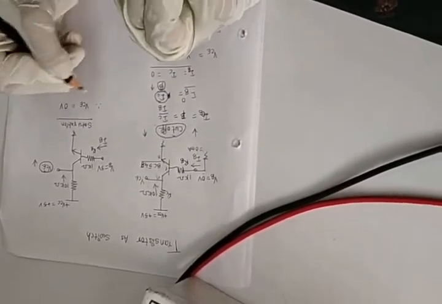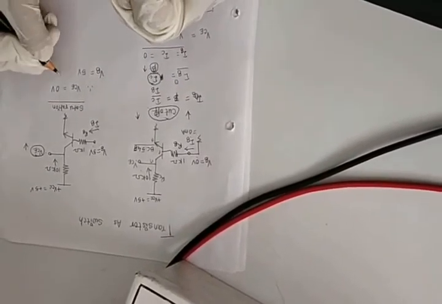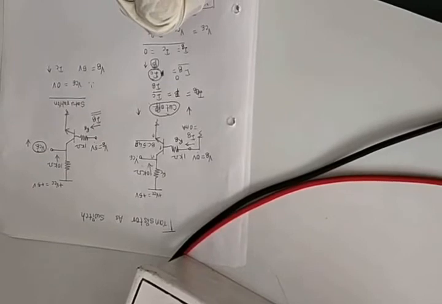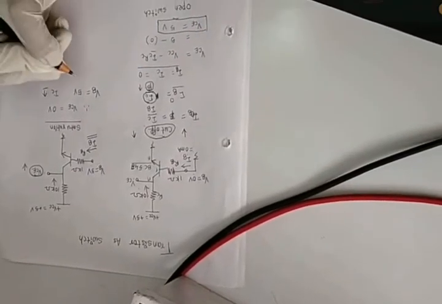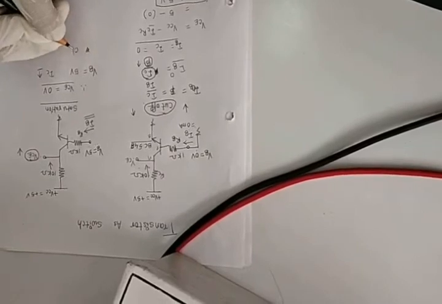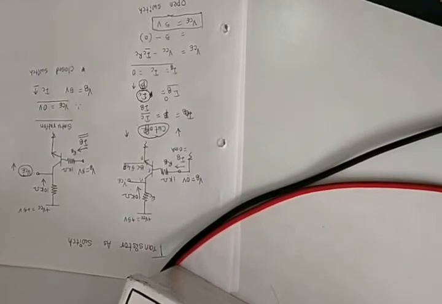Okay, and now as I said, if VBE is equal to plus 5 volts, my IC is going to have a very high value. Why? Because IB is carrying the maximum amount of current flowing through the transistor, which will drive your IC to the highest value, and hence I will have the VCE voltage to be 0 volts. And when I have such a situation, I know that my transistor is going to act as a closed switch. Okay, understood till here?